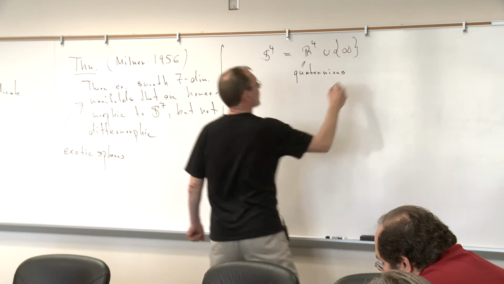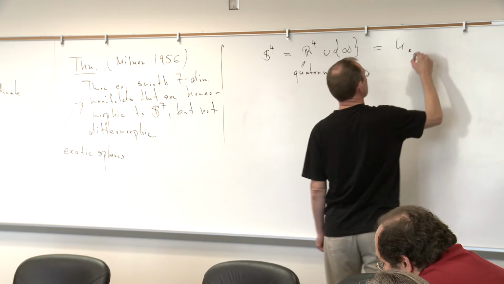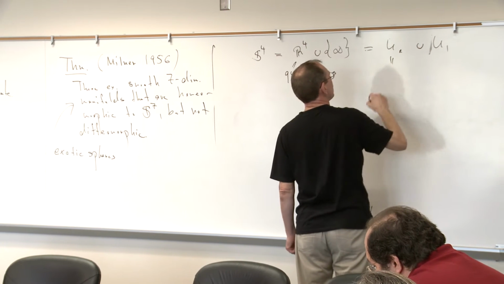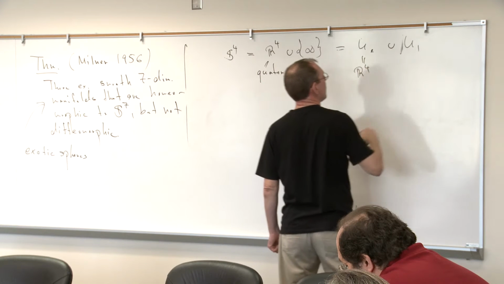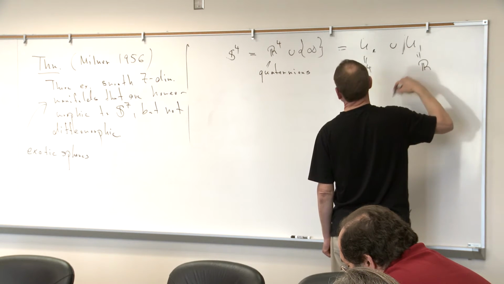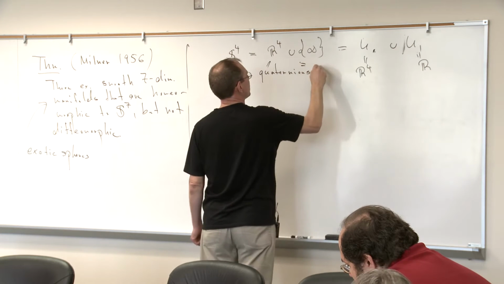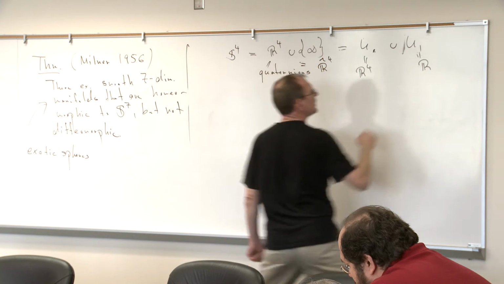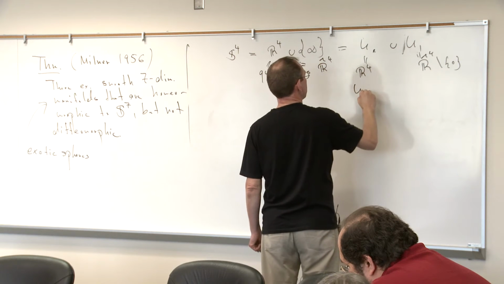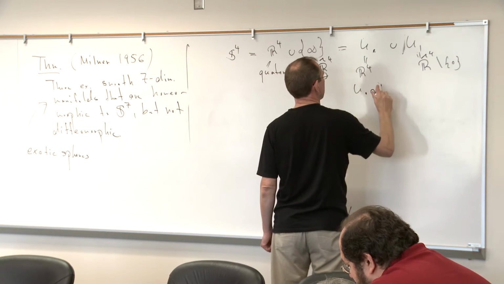And we want to write this as a union of two chart neighborhoods. So U0 is just R^4, and U1 is R hat 4 minus 0. And the intersection here is